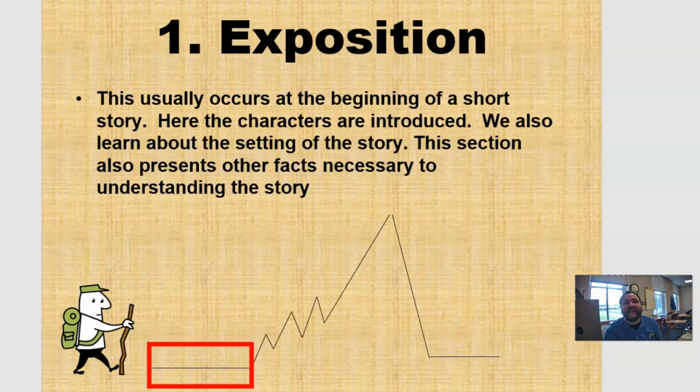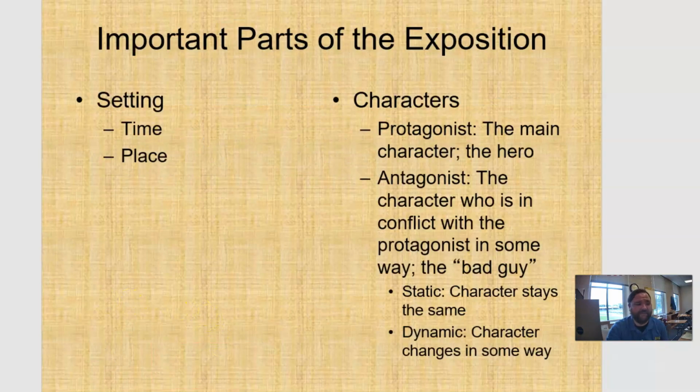All right, exposition, like I said, is at the very beginning. This is when you get to meet the characters and the setting. This is sometimes also when the hero goes on his journey. Things you should know about exposition: first is the setting. Setting is the time and the place. Our story takes place in America, but it's a very different America. Is it past, present, or future? You tell me. All right, characters. There are two main types. There are protagonists, those are the good guys, and there are antagonists, those are the bad guys.